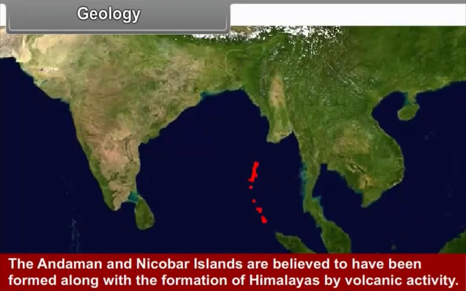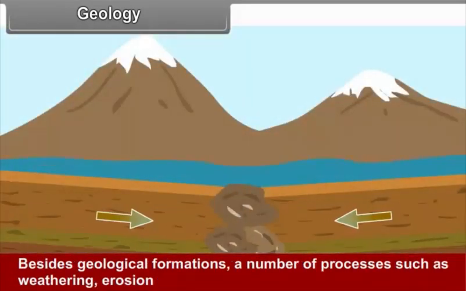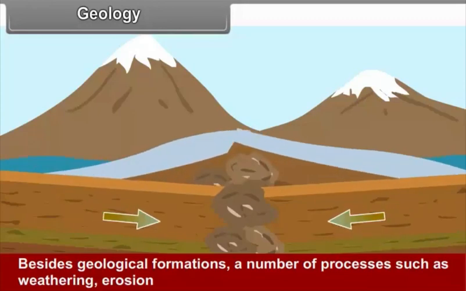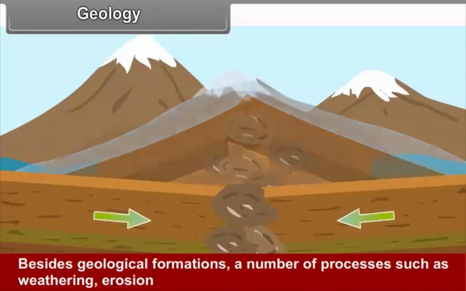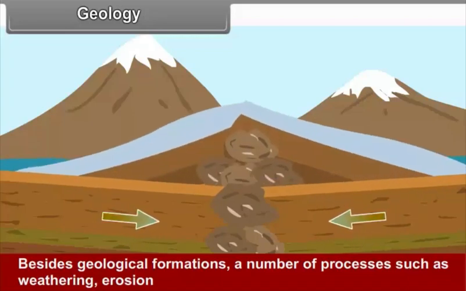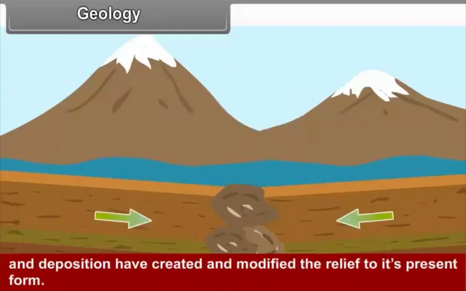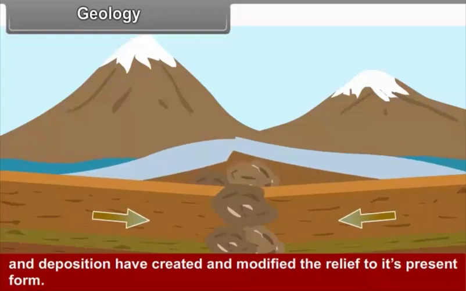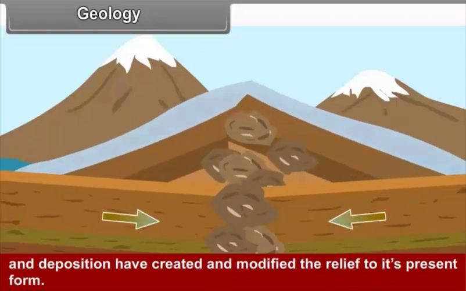The Andaman and Nicobar Islands are believed to have been formed along with the formation of the Himalayas by volcanic activity. Besides geological formations, a number of processes such as weathering, erosion, and deposition have created and modified the relief to